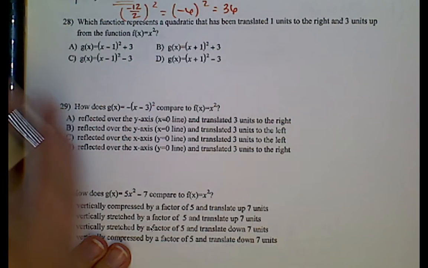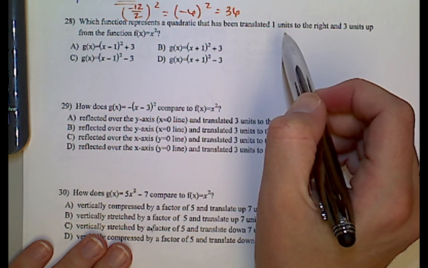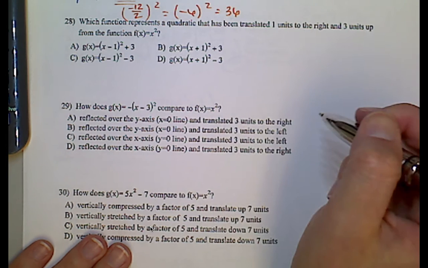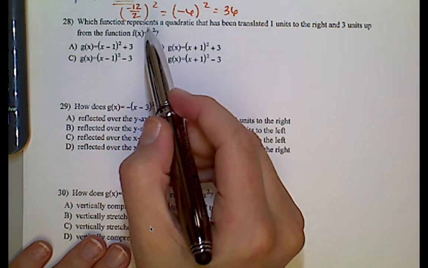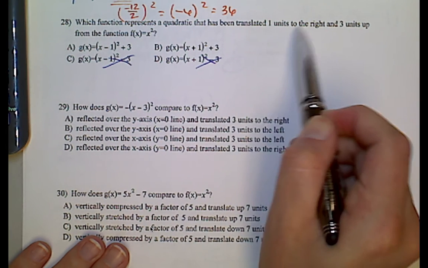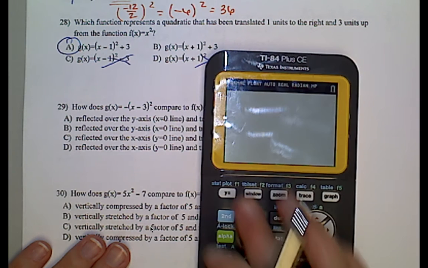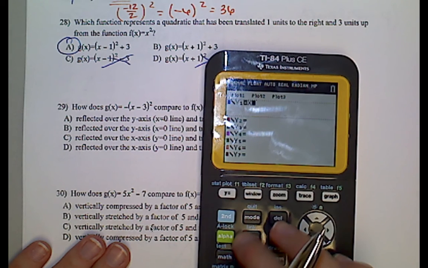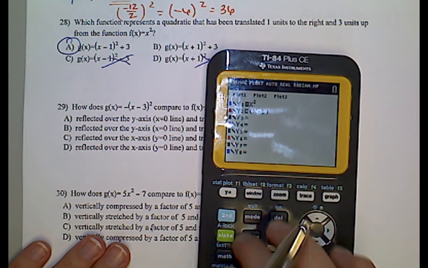Okay, next one: which function has been translated 1 unit to the right and 3 units up? Well, I know if it's 3 units up, that means the very end got pushed up 3. So the very end is plus 3. So it's not going to be C and it's not going to be D. And I know if it's 1 unit to the right, it's the opposite of what you think. So I know it's going to be A. However, it's smart to go ahead and just check it. The original problem was x squared, and my A answer is x minus 1 squared